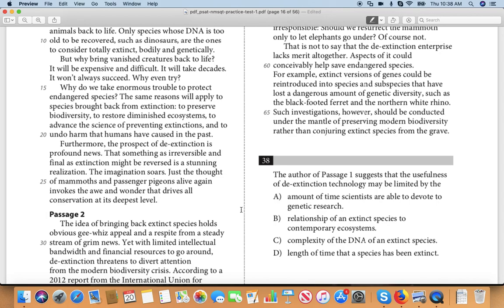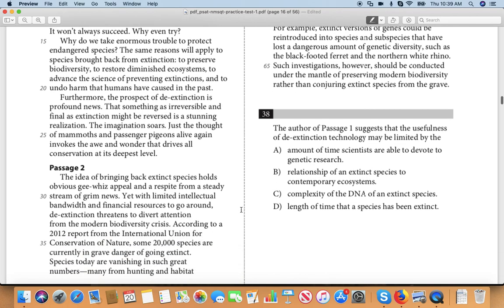But the most engrossing level, it's not terrible. We're not talking about the level being engrossing. We're talking about being the most basic level. We're talking about what drives conservation, what drives all conservation at its deepest level, its most fundamental level. It's the awe and wonder. It inspires all conservation. It's the most basic part of conservation. Does that make sense? Yes.